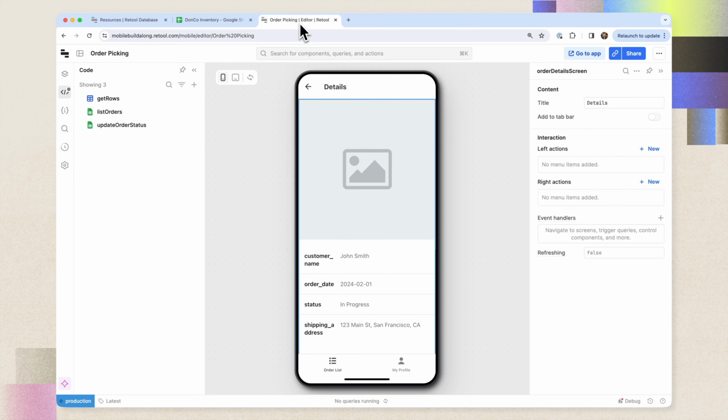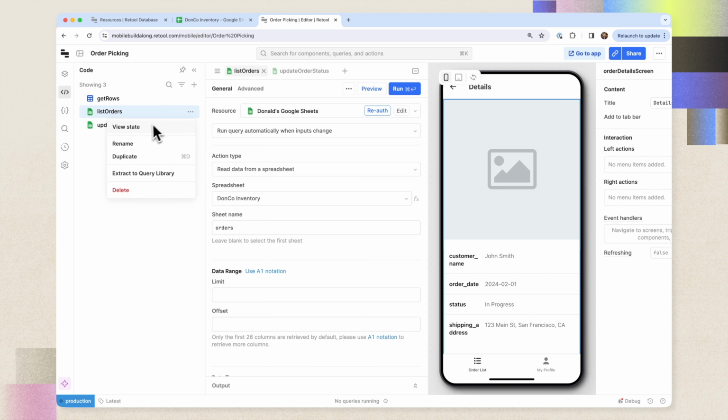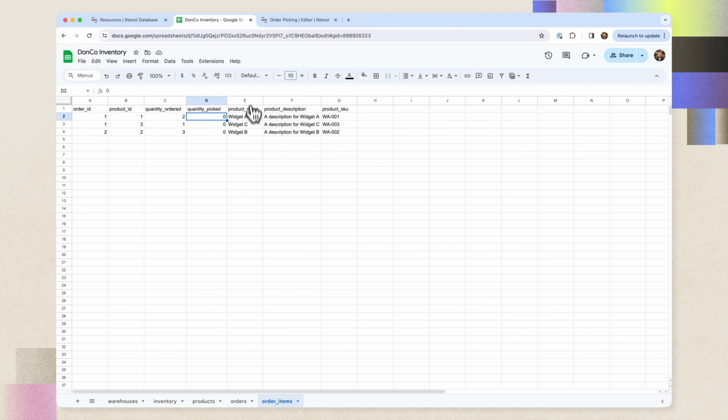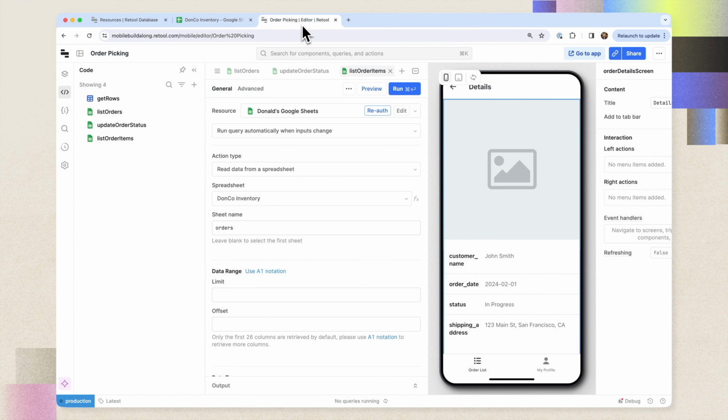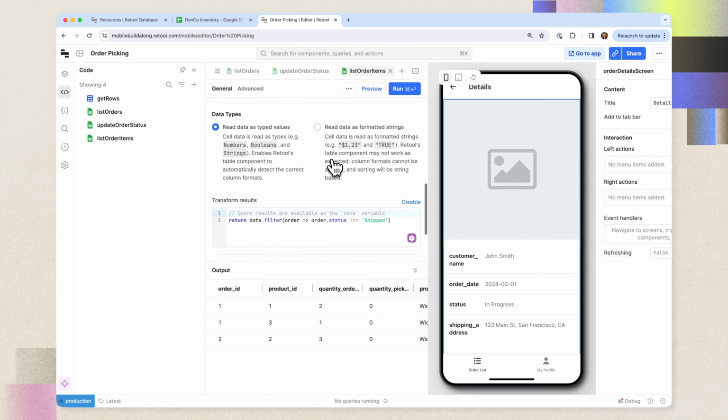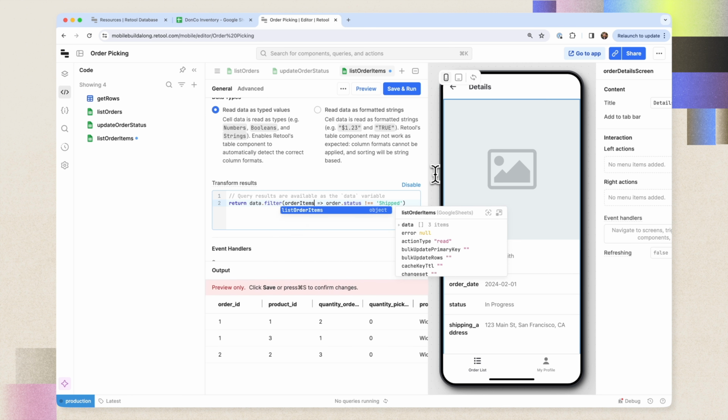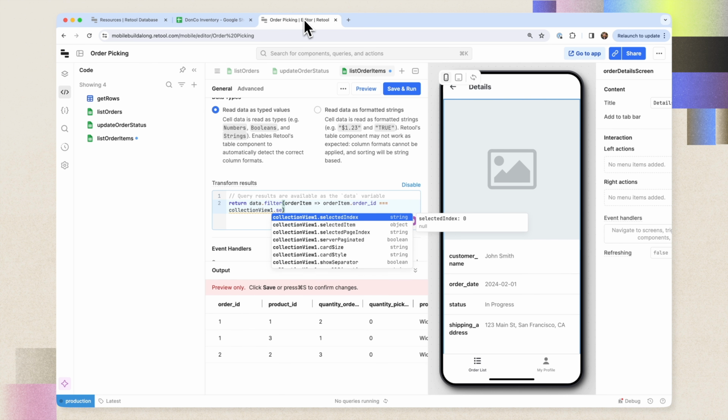I think we probably now want to show the items in our order. So I'm going to create a new query to fetch data, this time from the order items table. That was this table here. And so to do that, I think I'm basically going to want to fetch any data from here and then filter it down to orders that have the corresponding order ID to our collection view's selected item. So let's grab everything from order items and run that. And then let's change our transformer here to say we want to filter down where the order item dot, let's see, what's the field? Order item dot order ID is equal to the collection view one dot selected item dot ID,